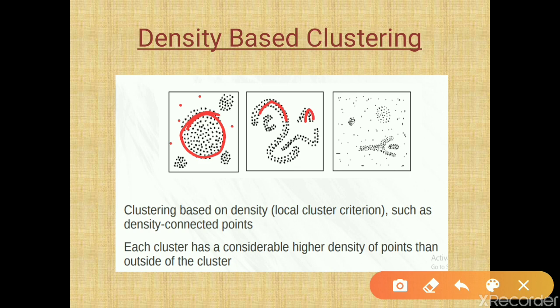Each cluster has a higher density of points than outside of the cluster. That is how we identify a cluster, where more data points are concentrated within a radius. So clustering is based on density: how dense a particular area is, how many points are located in that specific radius, and you can see it is of arbitrary shape.